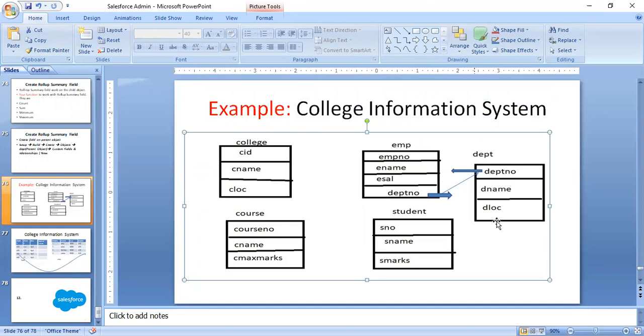Here department is the master and employee is the detail. Why? The department number points to the other table's department number. Both are similar. That's why it is called the master-child relationship.